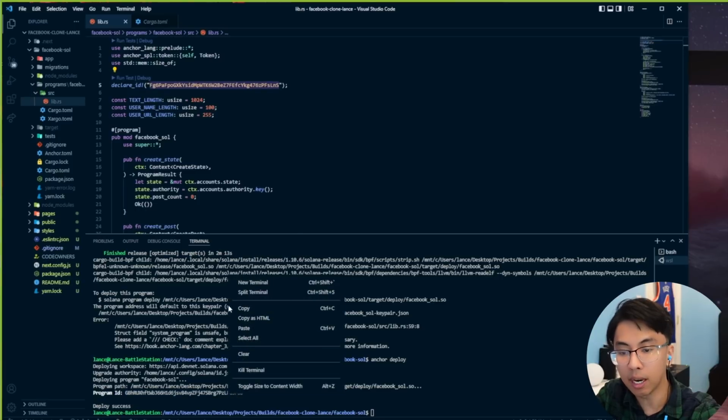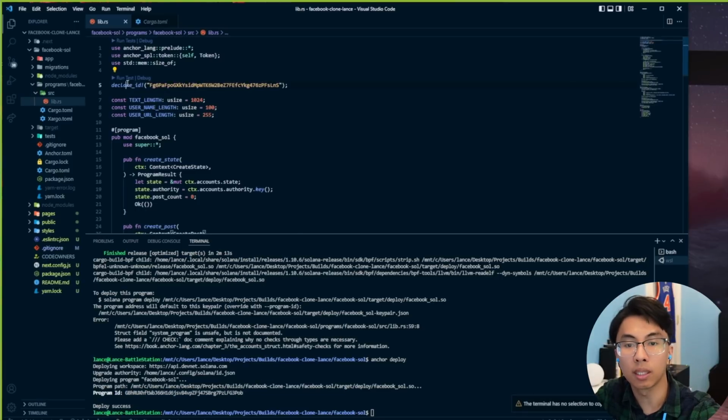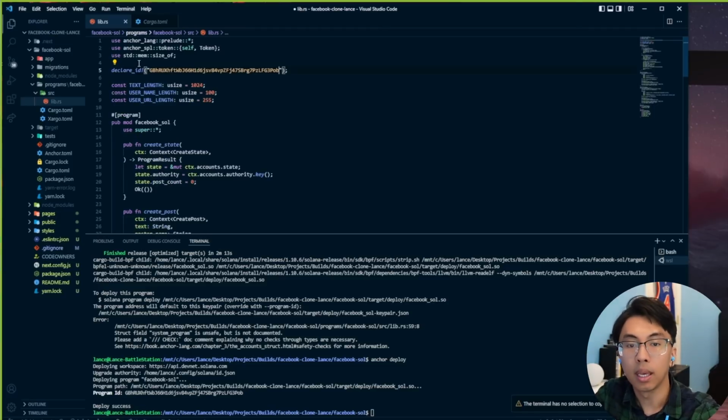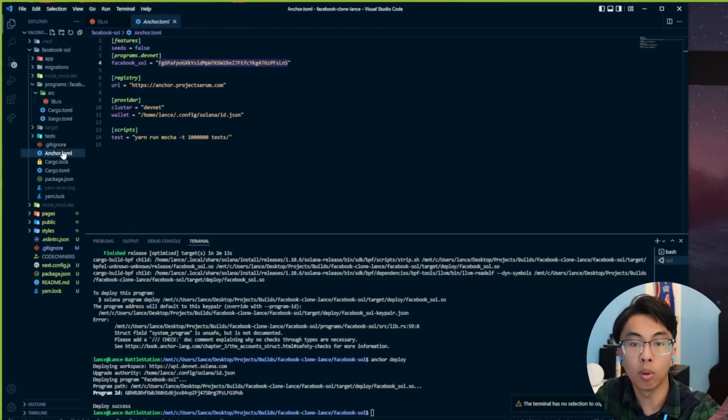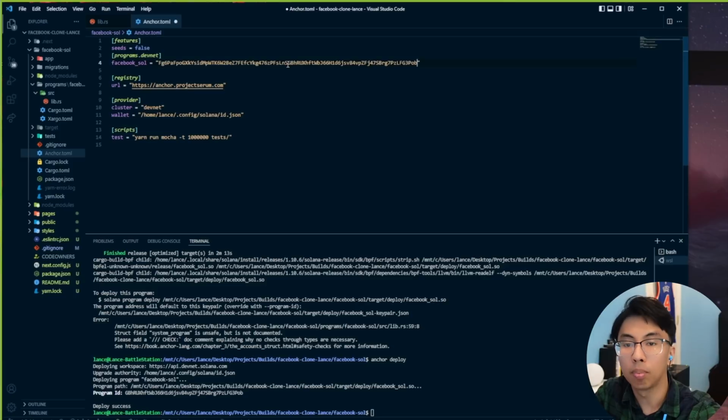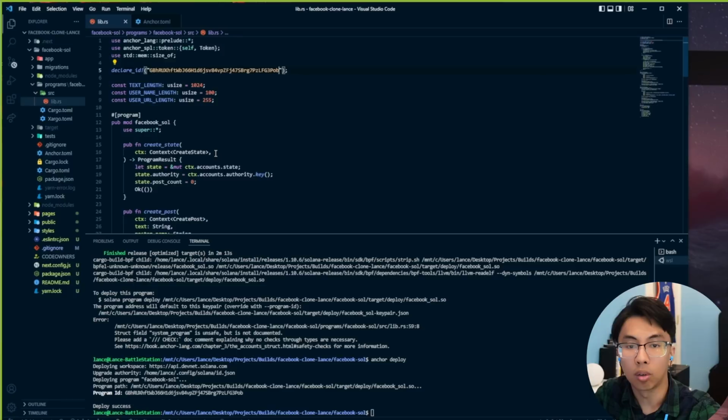So go ahead and copy that. And remember where it says declare ID in your lib.rs. We want to replace it with our new one. So I'm going to go ahead and hit paste. And that's not the only place where you want to update the ID. Go ahead and go to your Anchor.toml and paste your new ID. Oops, take your new ID and paste it. There we go. Cool. So now that we updated our Rust file and our toml file, let's